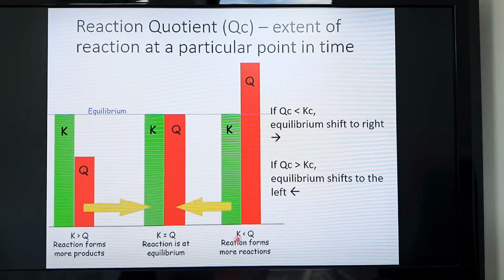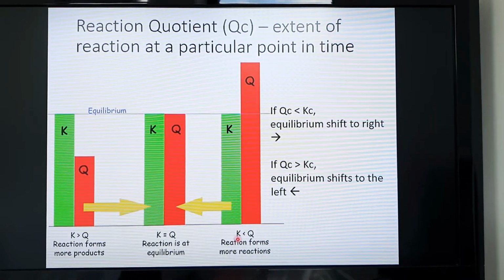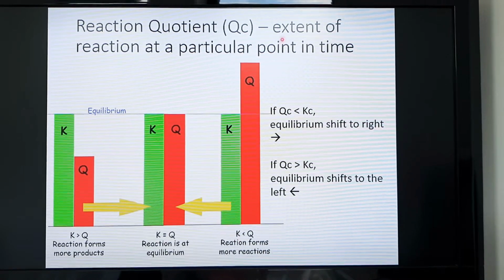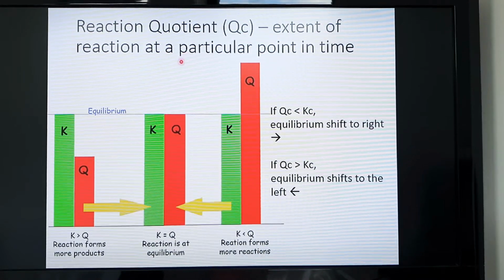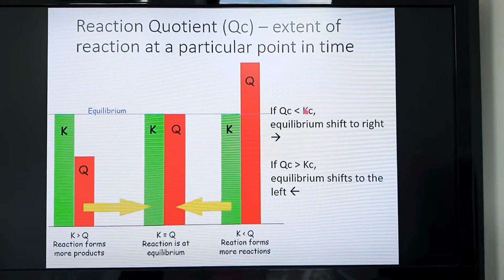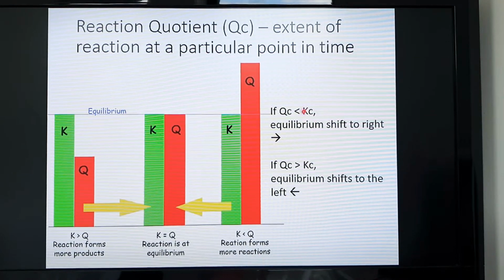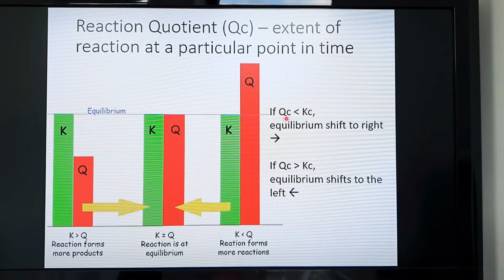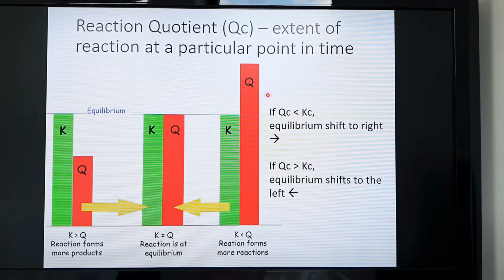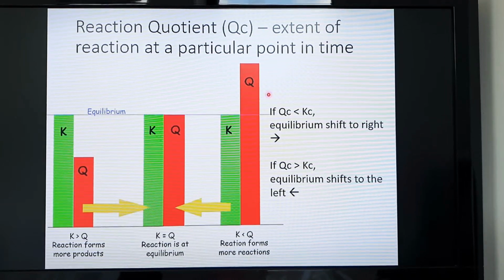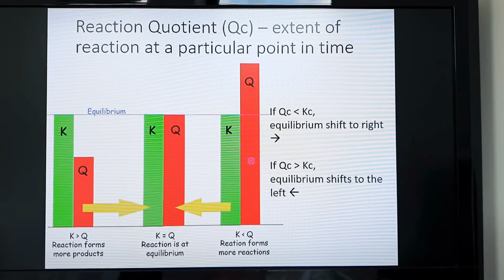Now we have another quotient here. We call it the reaction quotient, QC. It talks about the extent of the reaction at a particular point in time. So while KC talks about the extent of the reaction at equilibrium, QC talks about the extent of the reaction at a particular point. So if you think about what we did in that example with the water before, we can say that the Q was a lot higher than,